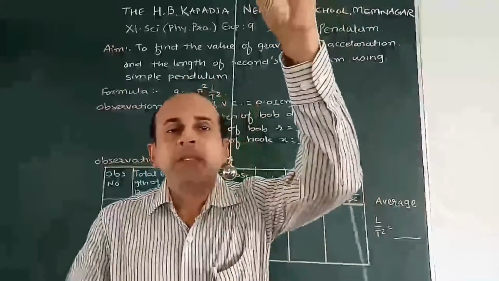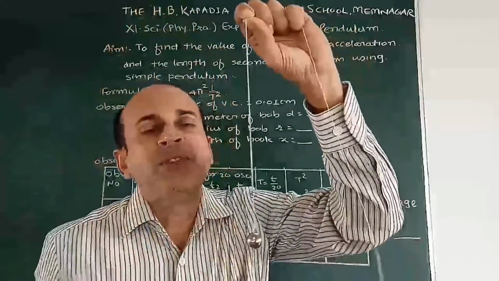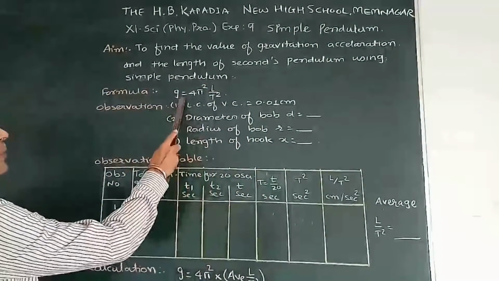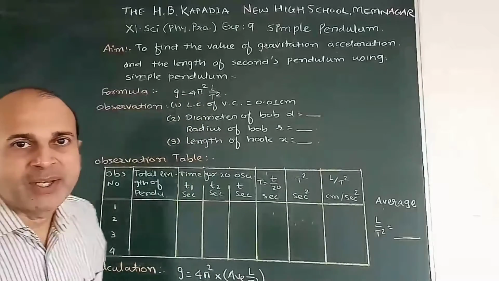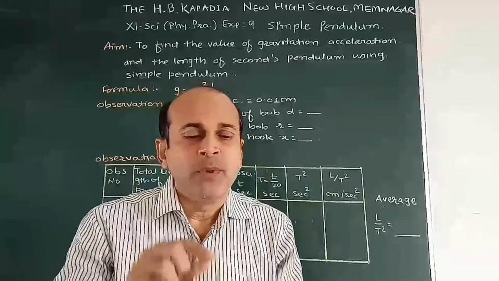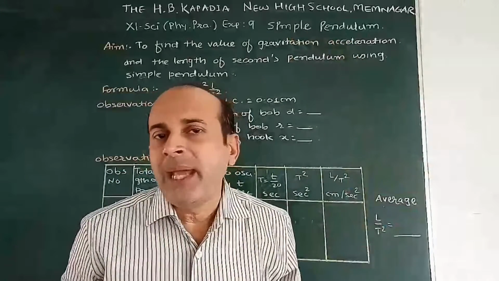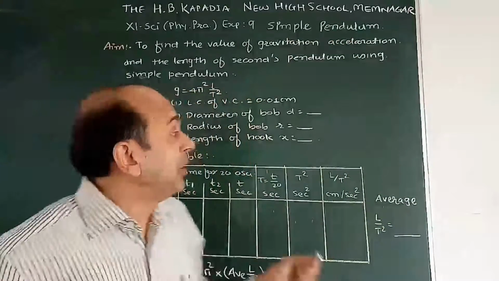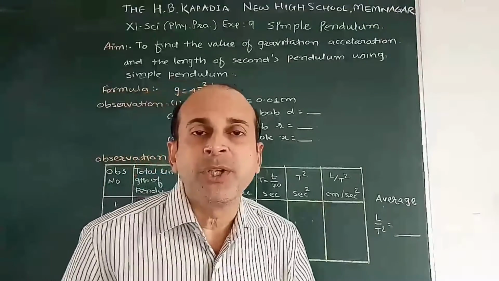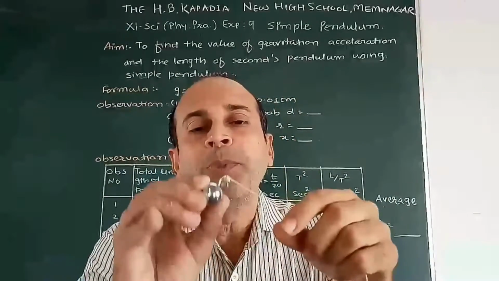Pendulum means a rigid object having some mass attached with a massless thread. For that the formula is g = 4π²L/T², where L is the length of the pendulum from the center of the sphere to the rigid support, and T is the time taken by the pendulum to complete one oscillation. So let us first measure the diameter of the sphere and the length of the hook of the sphere